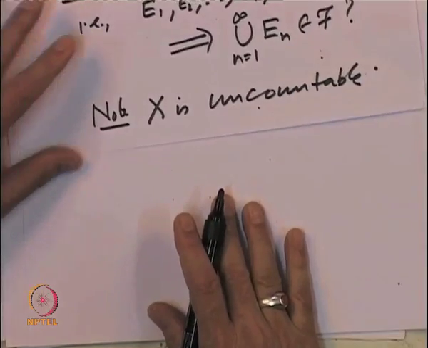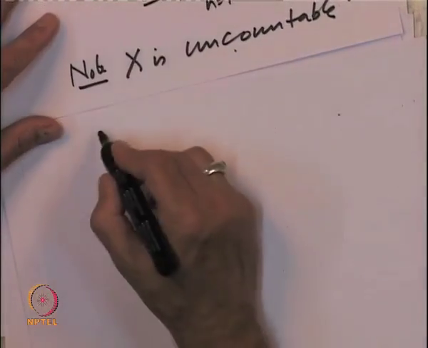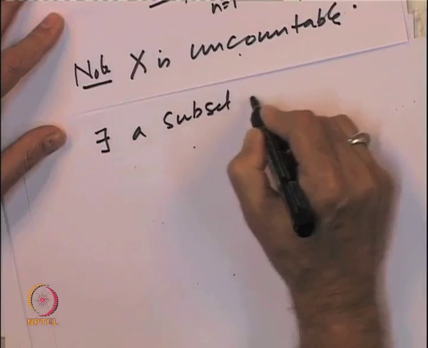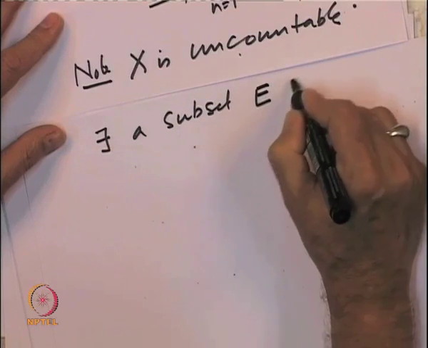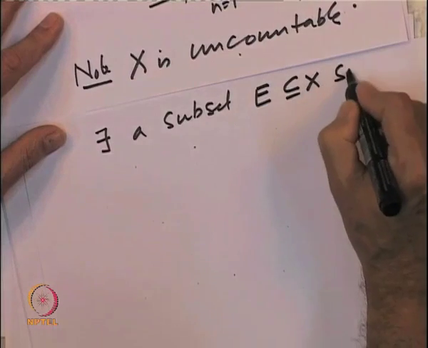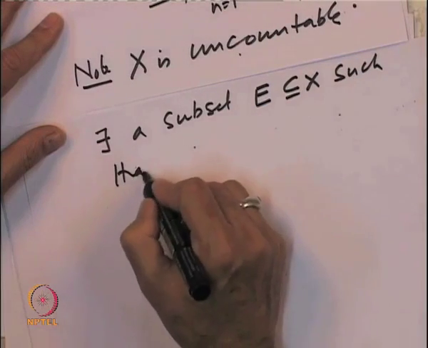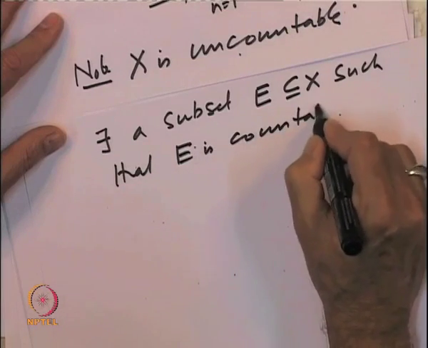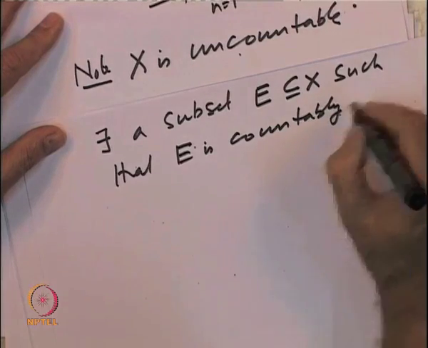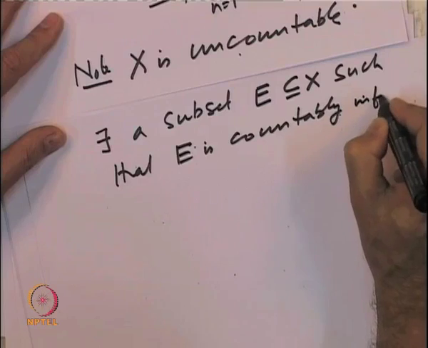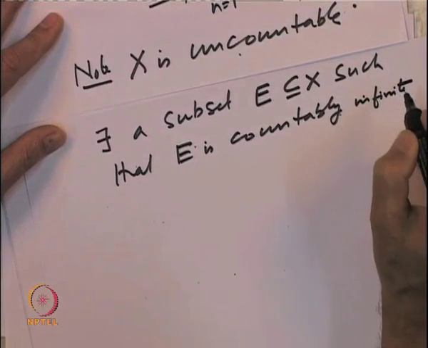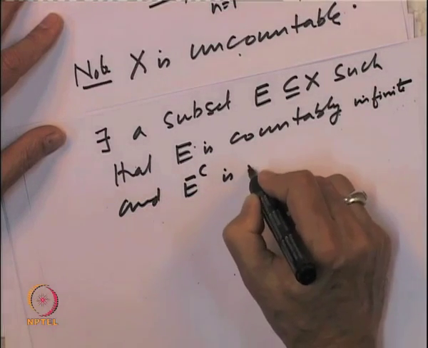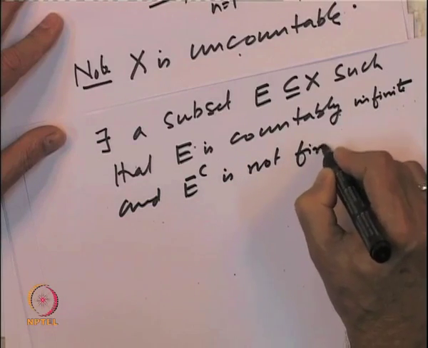So, as a consequence of this, there exists a subset E contained in X such that E is countably infinite and E complement is not finite,